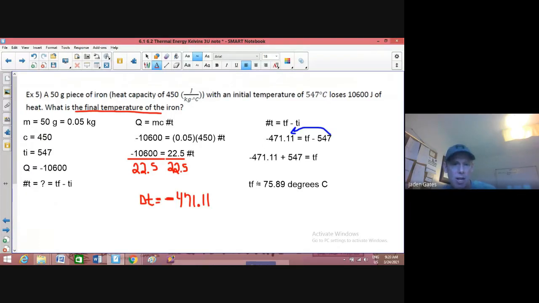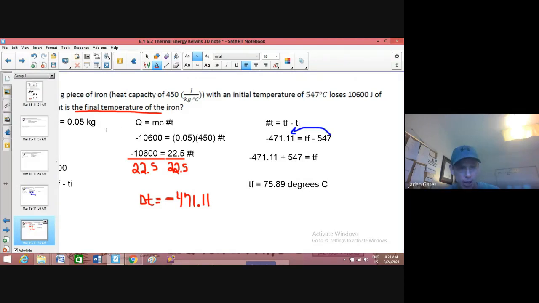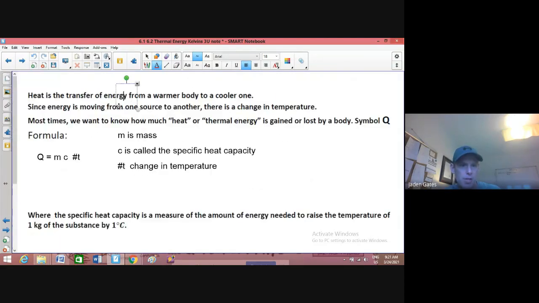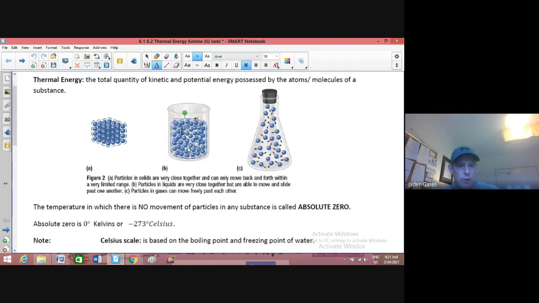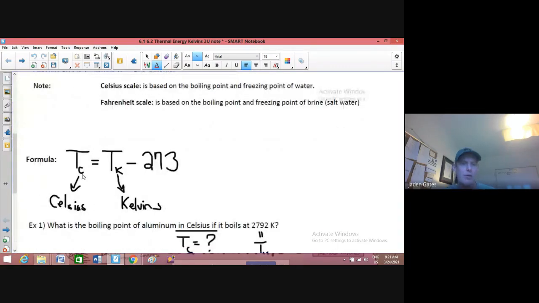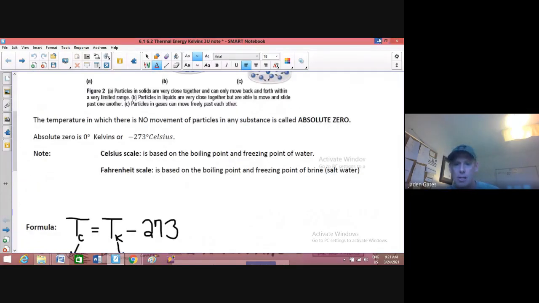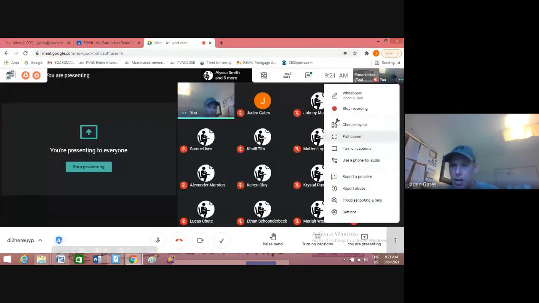All right, so there again is a look at our thermal energy. So we had two formulas. The first one being the Kelvins, and the second one being our Q equals MC delta T. That's our second one. Again, here's our first one. Our first formula where we have our temperature in Celsius equal to temperature in Kelvins minus 273. All right, so that is for